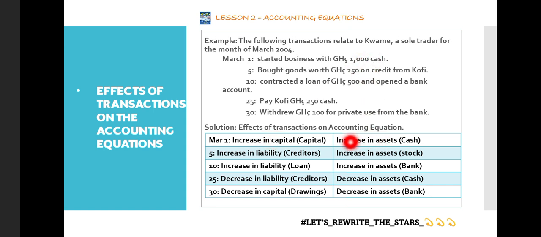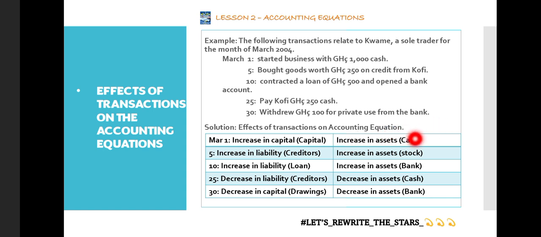And now, on the side of the business, I told you again that the business on its own has no property. So because he has introduced this money, which is cash, into the business, now the business is also going to have money which has moved from zero to what? 1,000 Ghana cedis. So in this case, there has been an increase of capital, which is 1,000 Ghana cedis, and there has been an increase of the property of the business, which is the cash of the business, now moving